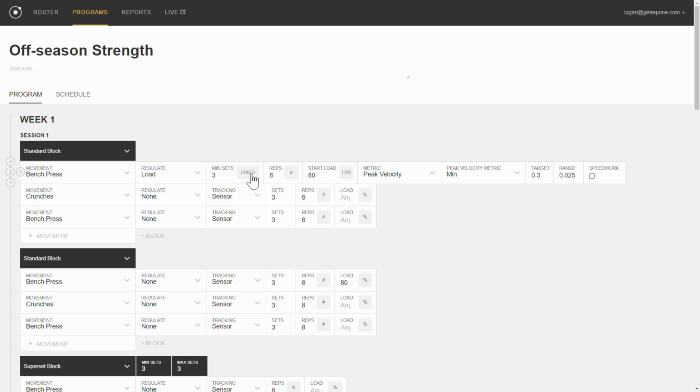You could toggle between a specific rep number and as many reps as possible. You could specify a starting load, which can be helpful for athletes that are unsure how much weight to load to get close to your desired velocity range. If you choose a percentage option, it will calculate the starting load based on each athlete's defined maxes located in